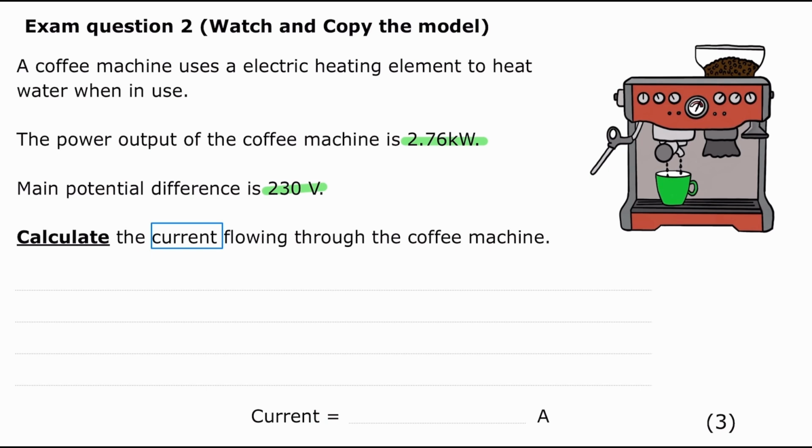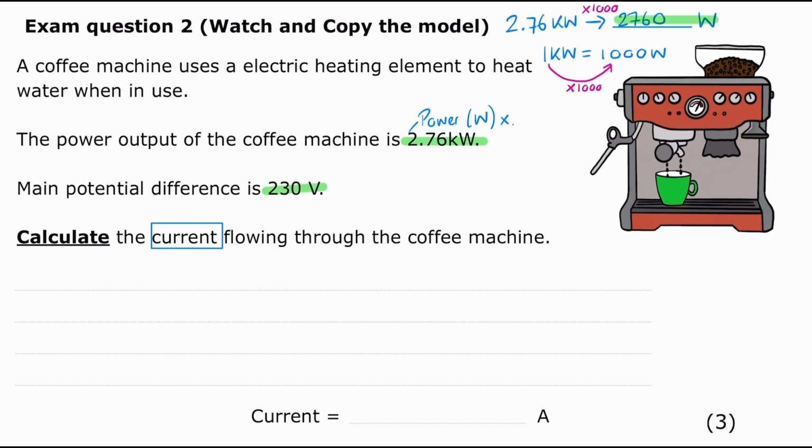First, we can see that we've got 2.76 kilowatts, and this is the value of power. However, power should always be given in watts, so we'll need to convert this. To do that, let's write out the conversion factor as we practiced in Unit 3 of this course. Kilo means 1,000, so 1 kilowatt is equal to 1,000 watts. Since we're converting kilowatts to watts, we need to make the value 1,000 times larger, and we do this by multiplying by 1,000. So 2.76 multiplied by 1,000 equals